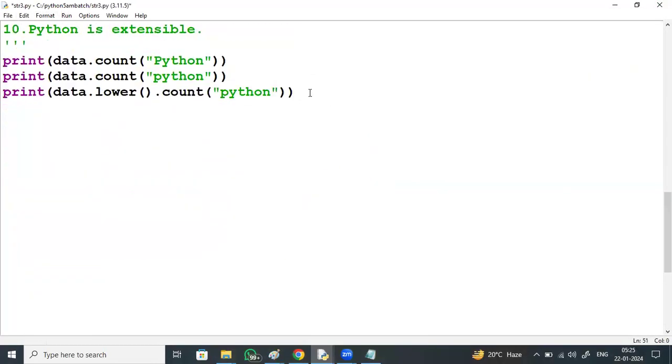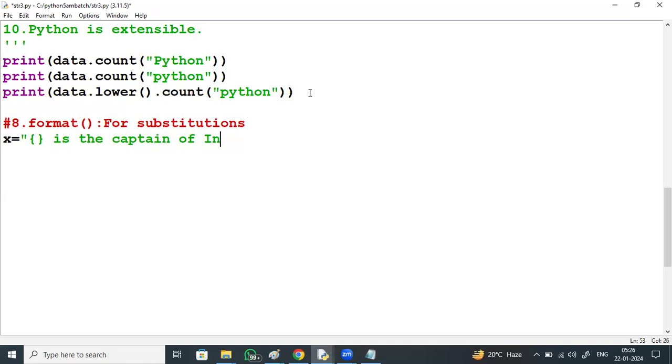Now, the format method. We have a method called format for substitutions. For example, if you want, use a curly bracket, just like filling up the blank: curly bracket is the captain of Indian team, right?